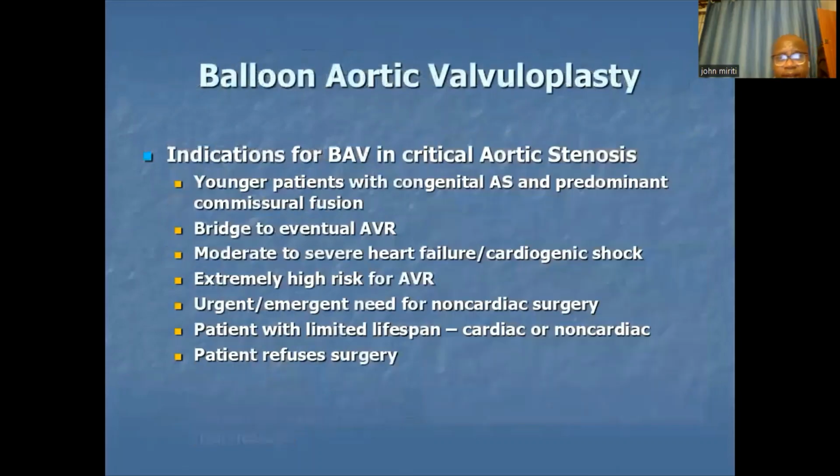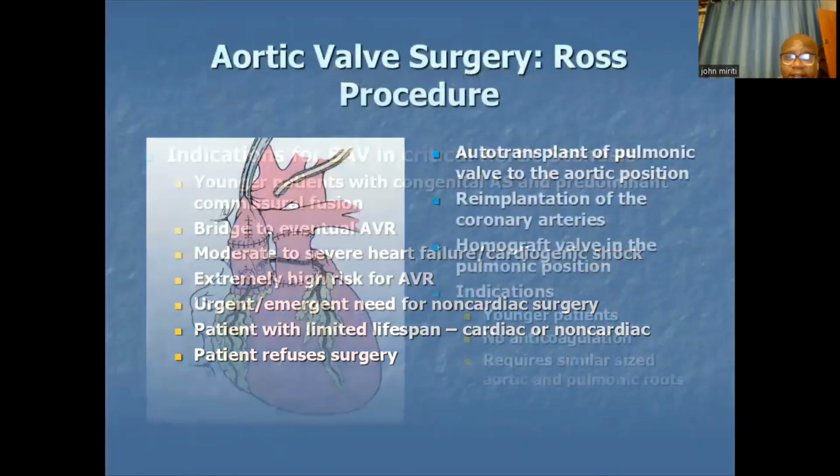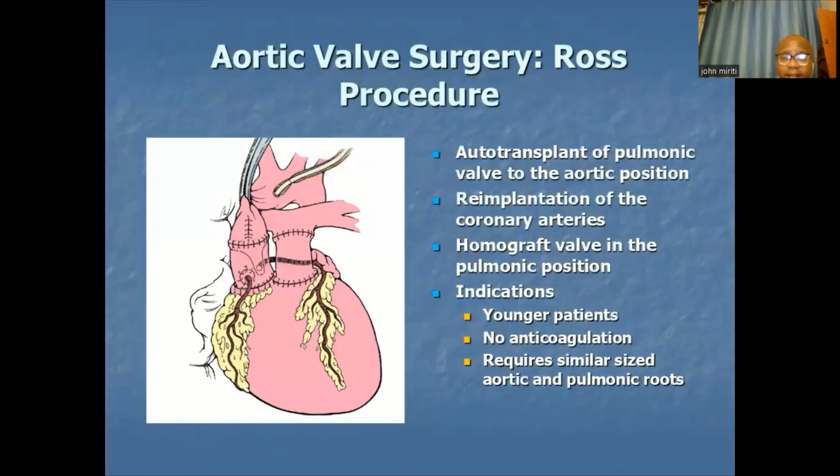individual. So, the indications for balloon aortic valvuloplasty are critical aortic stenosis, young patients with congenital aortic stenosis and predominant commissural fusion, a bridge to eventual aortic valve replacement, and moderate to severe heart failure, cardiogenic shock, or extreme high risk for aortic valve replacement, urgent or emergency need for non-cardiac surgery. Patients with recurrent cardiac or non-cardiac problems, or who refuse surgery, are the ones who are done